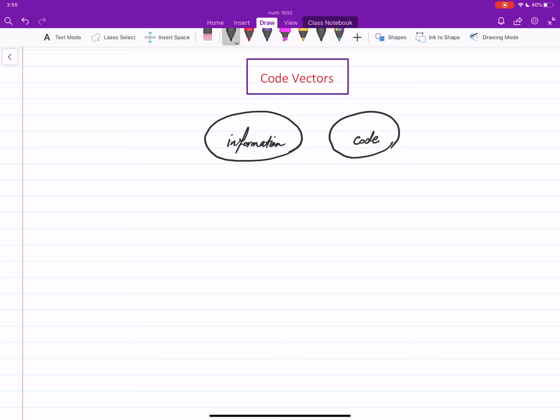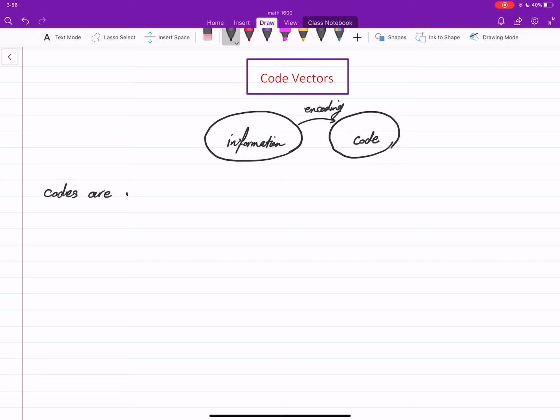The process, which is called encoding, basically turns different kinds of information into very mathematical objects. Why mathematical? Because codes are vectors